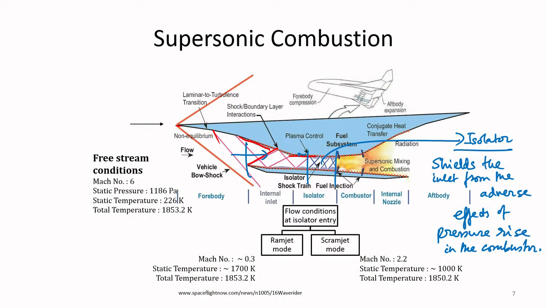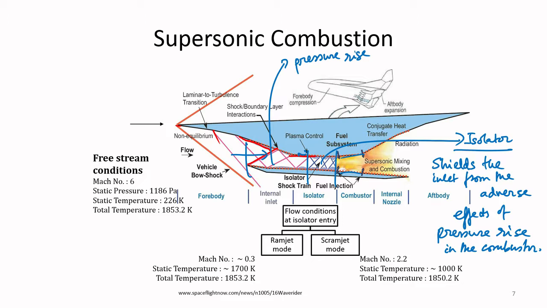So this part causes the pressure rise. This isolator part shields the inlet from the adverse effects of pressure rise in the combustor, and then in the combustor you add heat, but